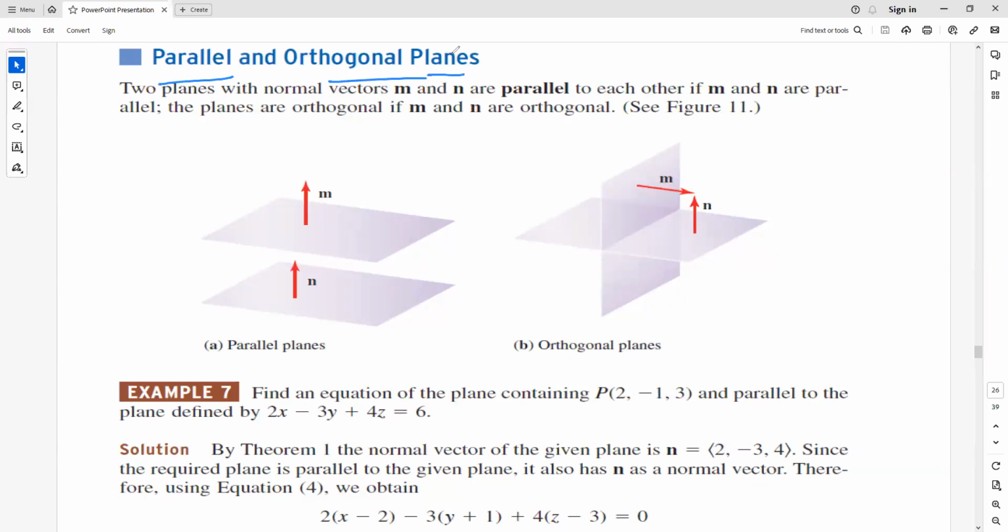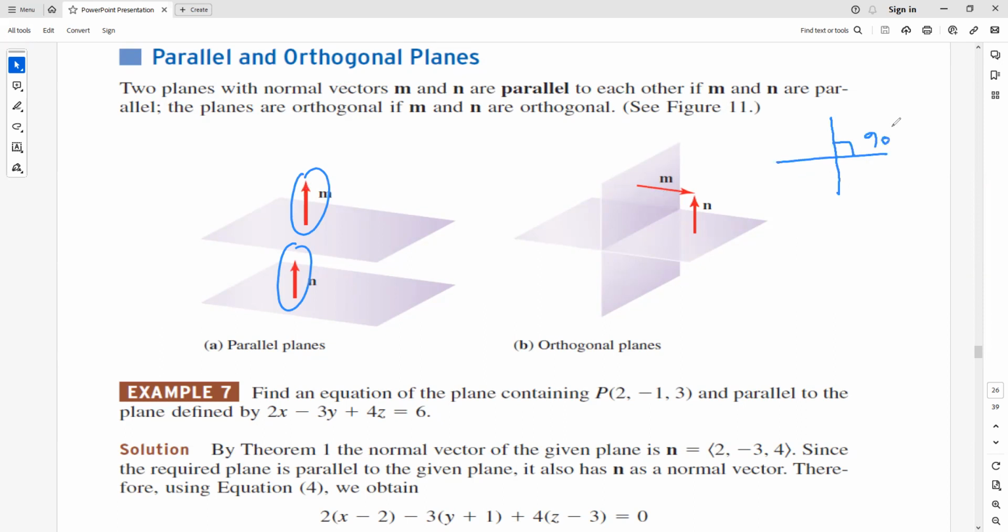If two planes are parallel, we already have an idea of parallel lines. If these lines are parallel, they do not intersect. Similarly, two planes are parallel if the vectors normal to the planes are parallel. So we can check whether the planes are parallel or not by just checking whether their normal vectors are parallel or not. And similarly for orthogonal planes, by orthogonality, we mean that if two lines intersect at 90 degrees, we